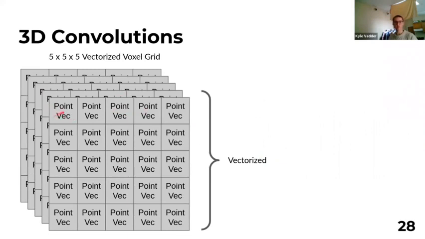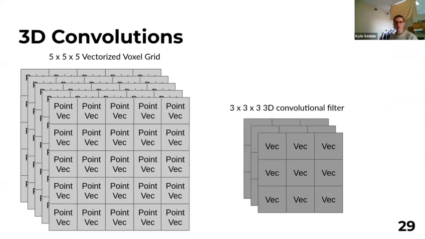individual voxels that had points floating around inside them and somehow turn them into a vector, right? And so this is essentially the same as what we had before with the image, but now we just have a bunch of these stacked together. And this will let us just run a 3D convolution. And so the neat thing about that is, okay, cool, I run the convolution just like before, and I can